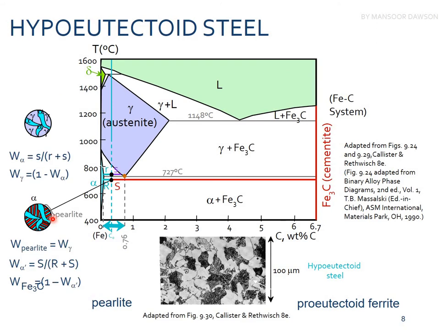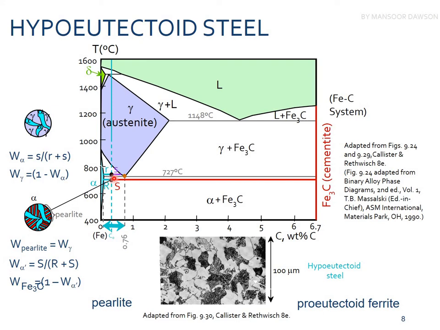All right. If you want to derive the composition of the alpha and cementite phases, you can calculate these phases from the lever rule, because we discussed the lever rule in the previous lecture. If you don't know the lever rule, you should go and watch the video, phase diagrams part 1 and part 2.